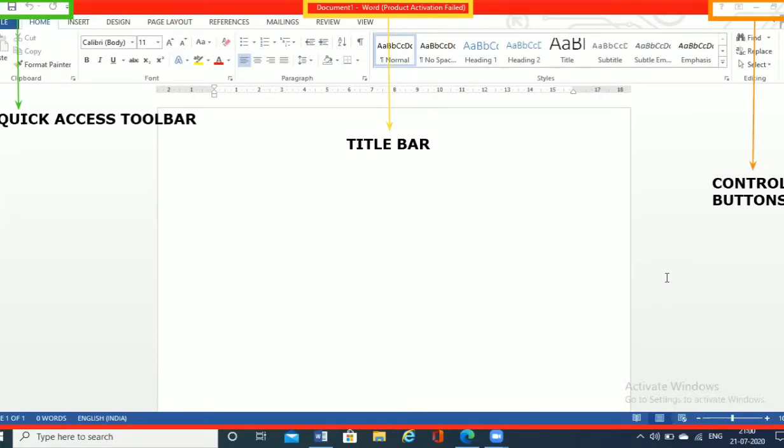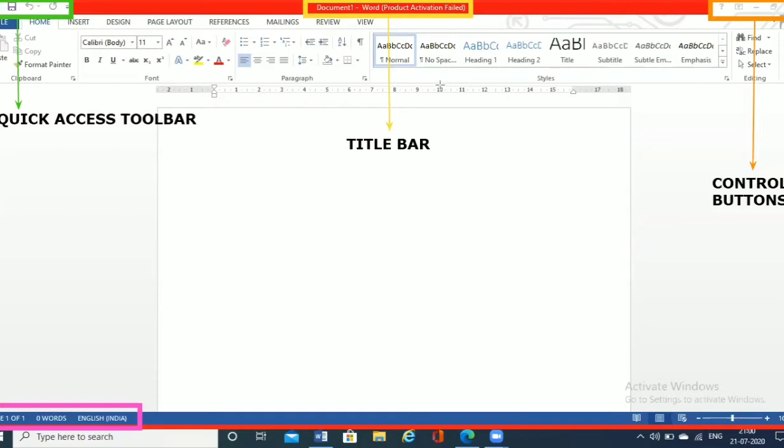Then we'll talk about the status bar. At the bottom left corner of the screen is the status bar, marked in pink color. What is the need of the status bar?